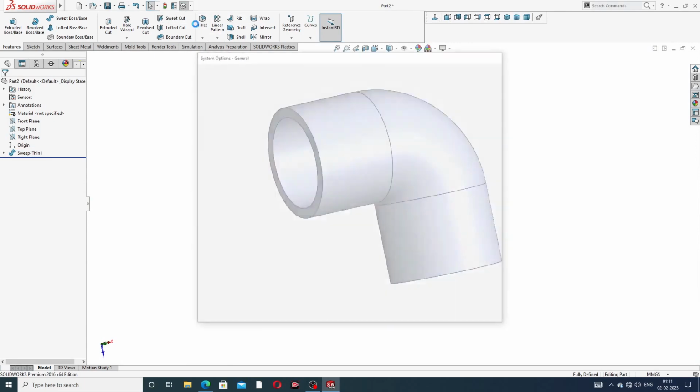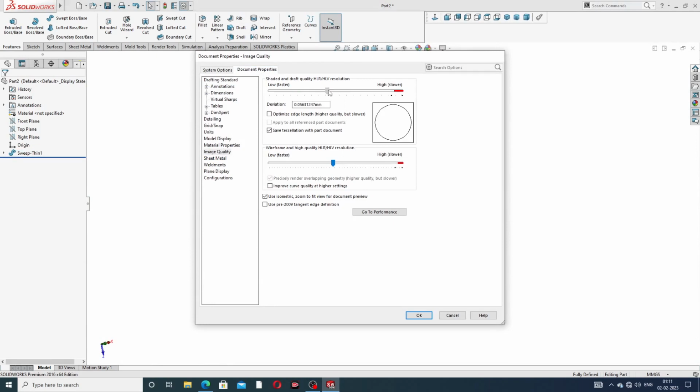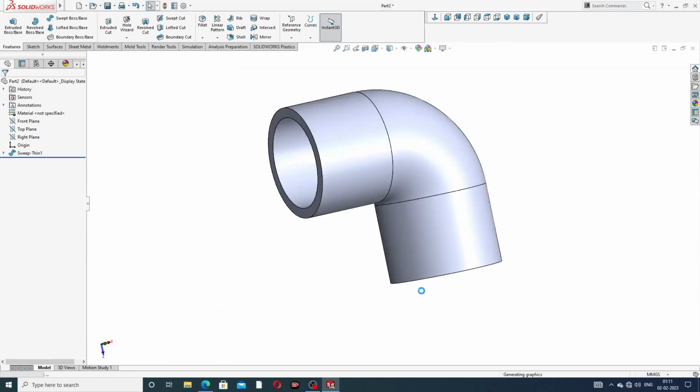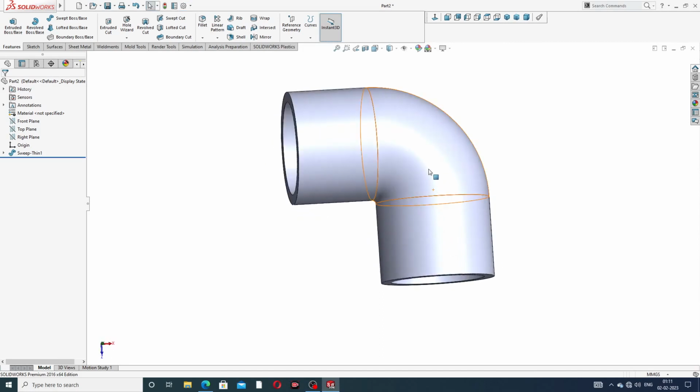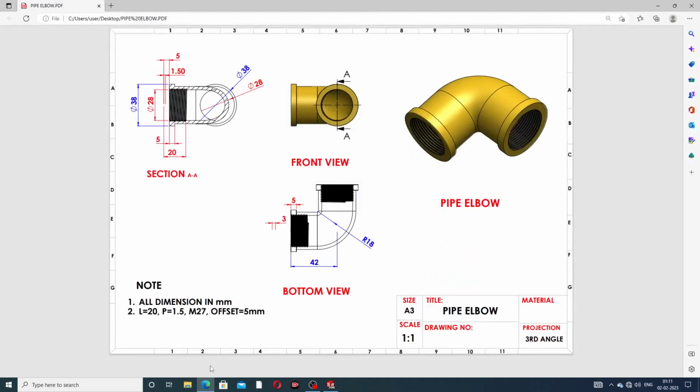Okay, and page select here. Image quality is very high. Okay, this is perfect. Okay, this point is correct. And